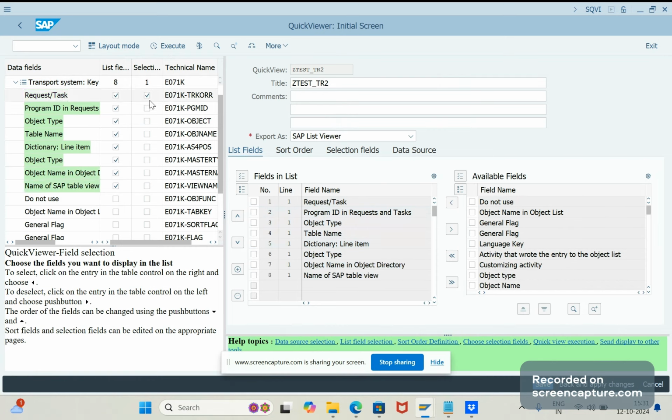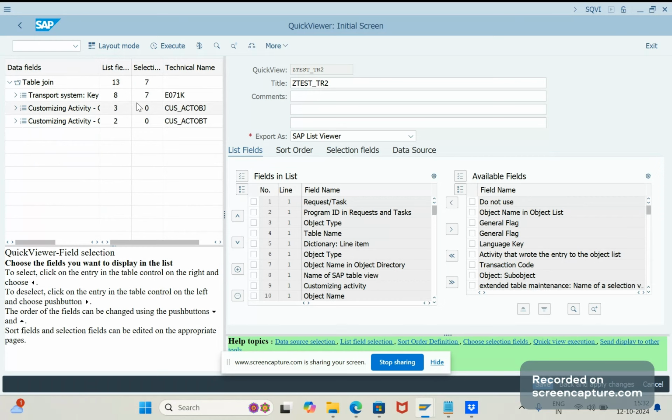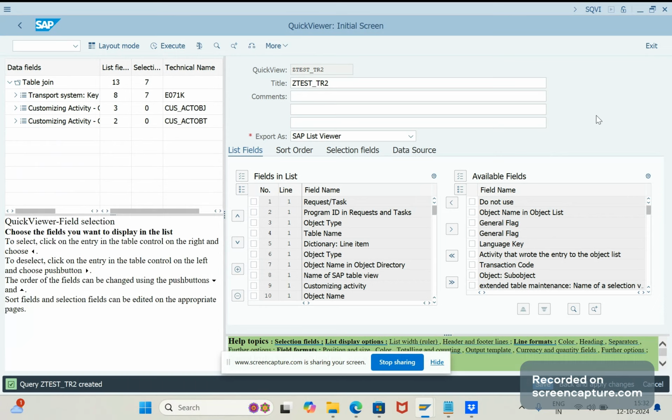Fine. In the third table also I will select the object name and object type. So list fields are the result fields, selection fields are the input fields. That's it. Now mapping is done, and we have decided which field should appear in the selection screen and which field should appear in the result screen. Now I will save this. I've saved it. Now if I execute,